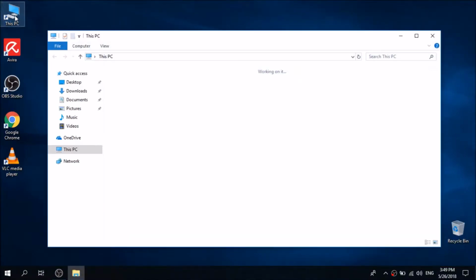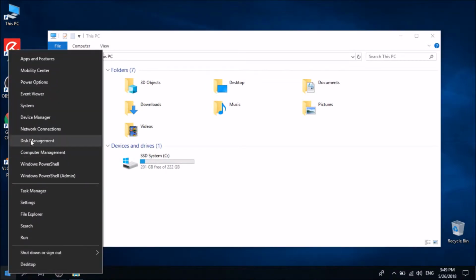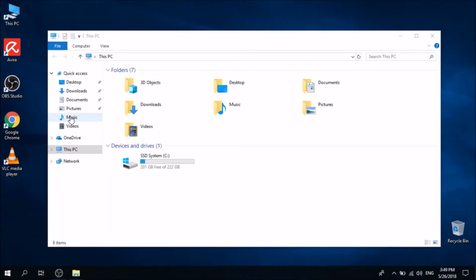How are you doing? So, I have installed recently Windows 10 and a new hard drive, but apparently in my computer it doesn't show up. To fix this, you have to go to Disk Management, and here you will see